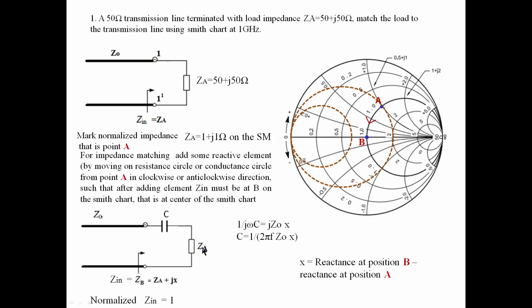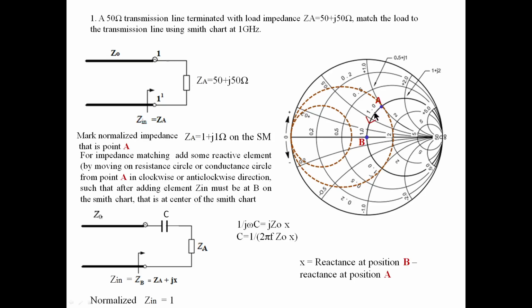Okay, we added just one capacitor to the load. Only one element is needed, because the load is 50 here, the real part is 50, that's why. On the Smith chart we can do it like this. Zn equal to 1, and we will get the impedance match. Wherever you are, from that point you should reach the center of the Smith chart. So we are here, and reaching the center of the Smith chart means this is the point. From here we reached here.